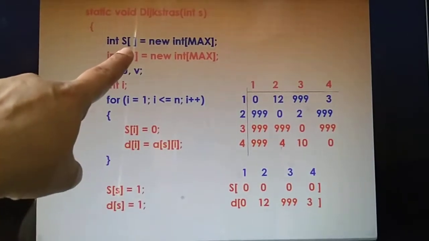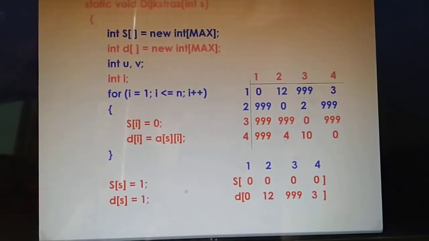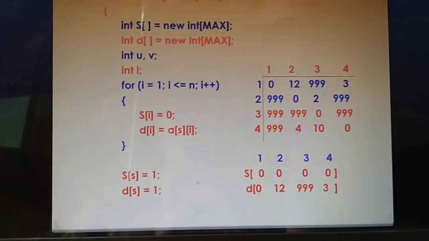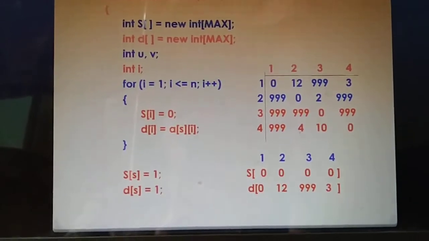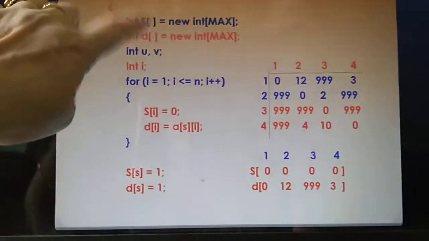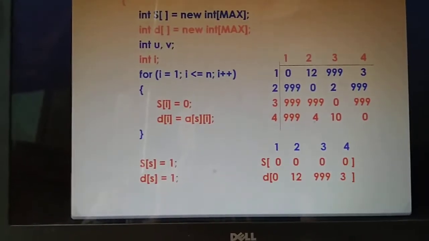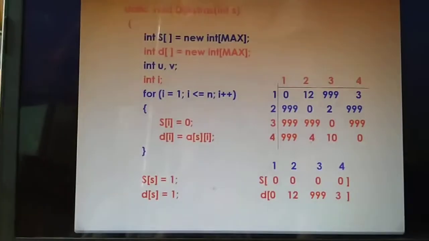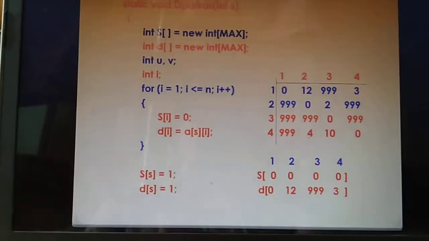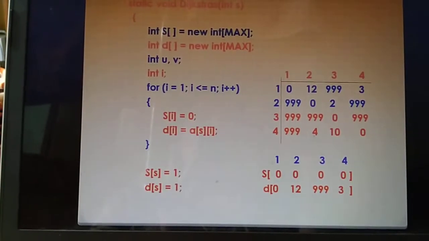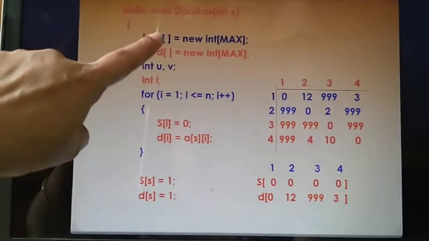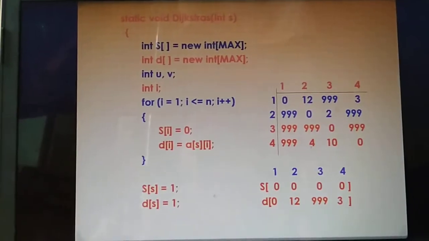What does this S represent? It represents the visited vertices. Capital S represents the visited vertices, and small s represents the source vertex. If you are getting confused with that, you can take it as something else, like visited or VISIT. But I have written it as in your lab manual. So capital S, or any other variable name if you want, you can consider that also. The S represents the visited vertices.